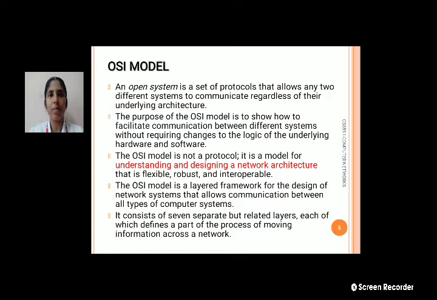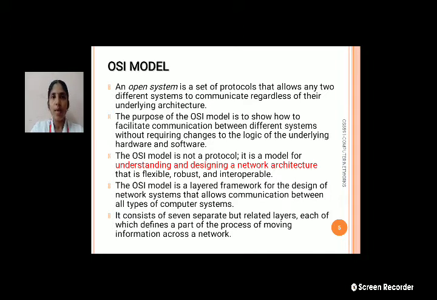So what is meant by the OSI model? What is meant by an open system? An open system is a set of protocols that allows any two different systems to communicate regardless of their underlying architecture. The main purpose of the OSI is to show how to facilitate communication between different systems without requiring any change to the logic of the underlying hardware or software.